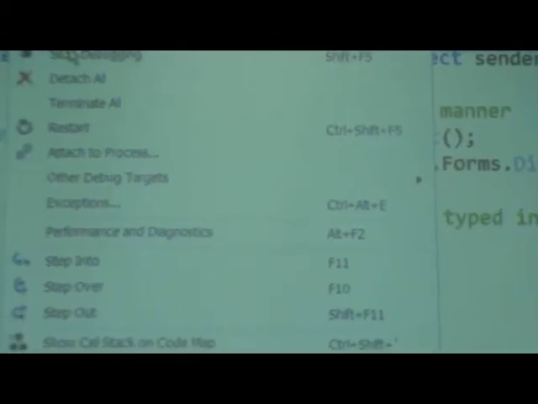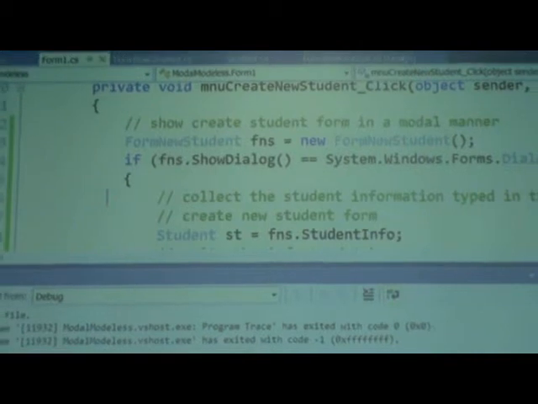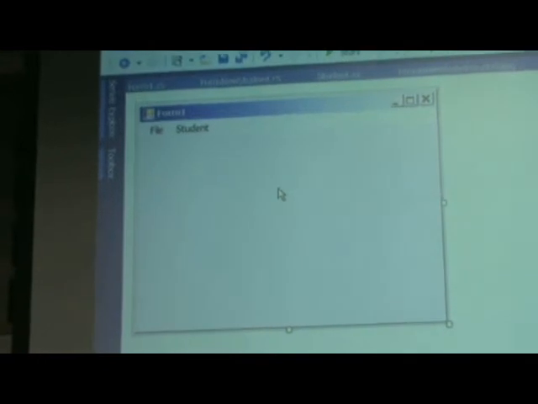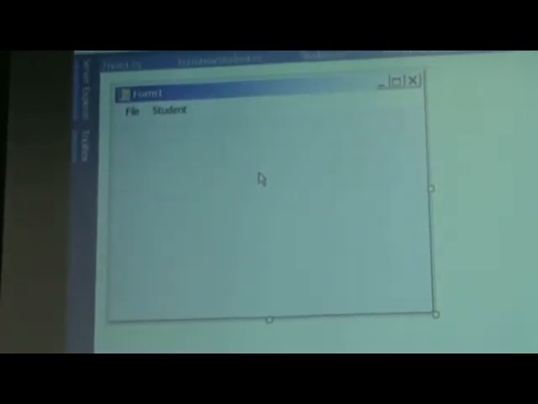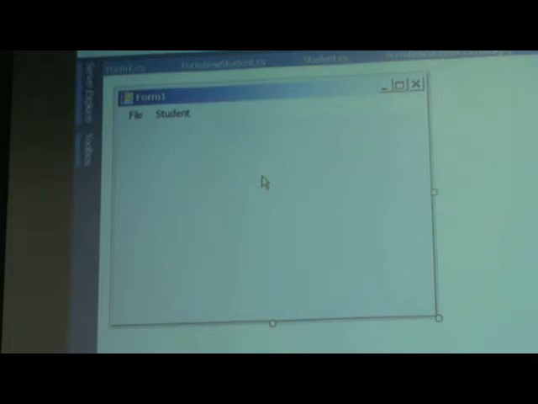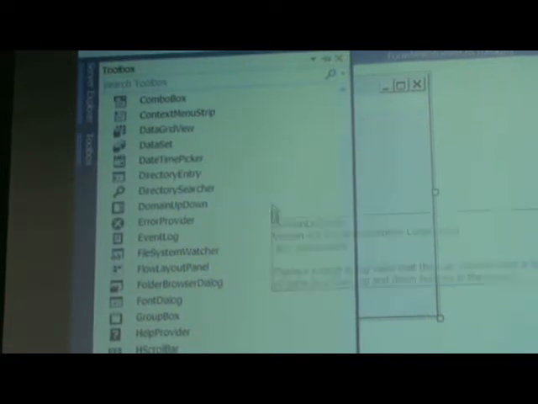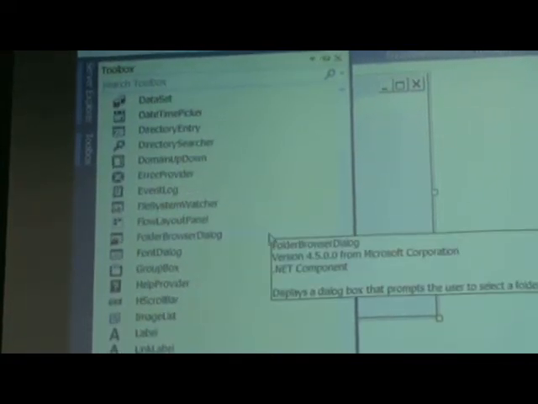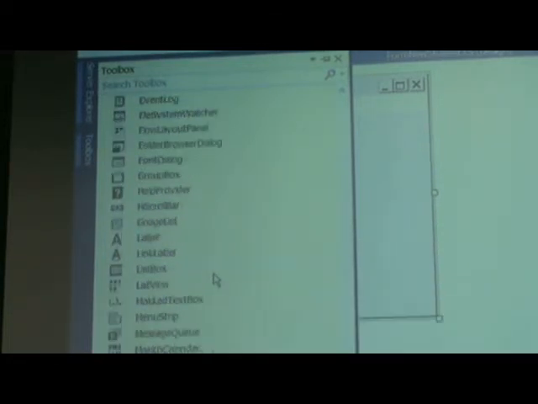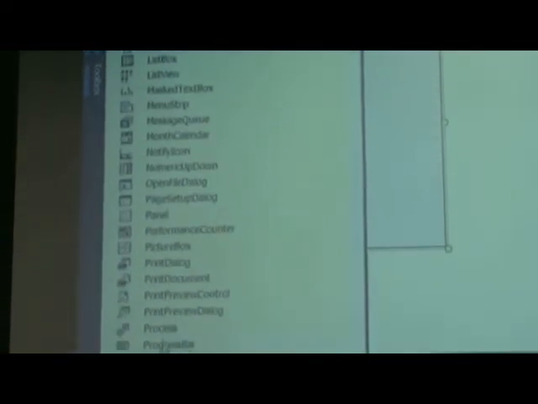so one more, since I'm on the topic of user interfaces. Sometimes, let me go to the main form, we create radio buttons and checkboxes so that somebody can make one selection out of a group or many selections, right? So very quickly, if you are putting radio buttons, suppose you wanted to ask the user to select a color as an example, right? So if I go to the radio button,